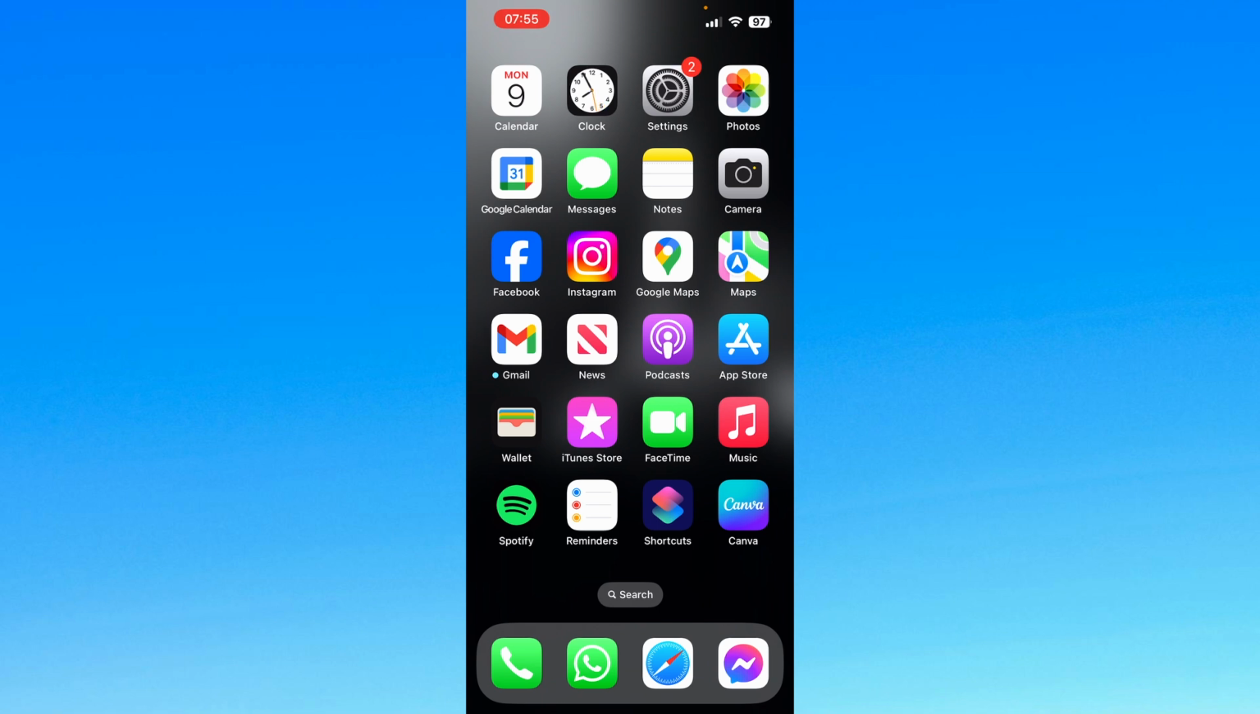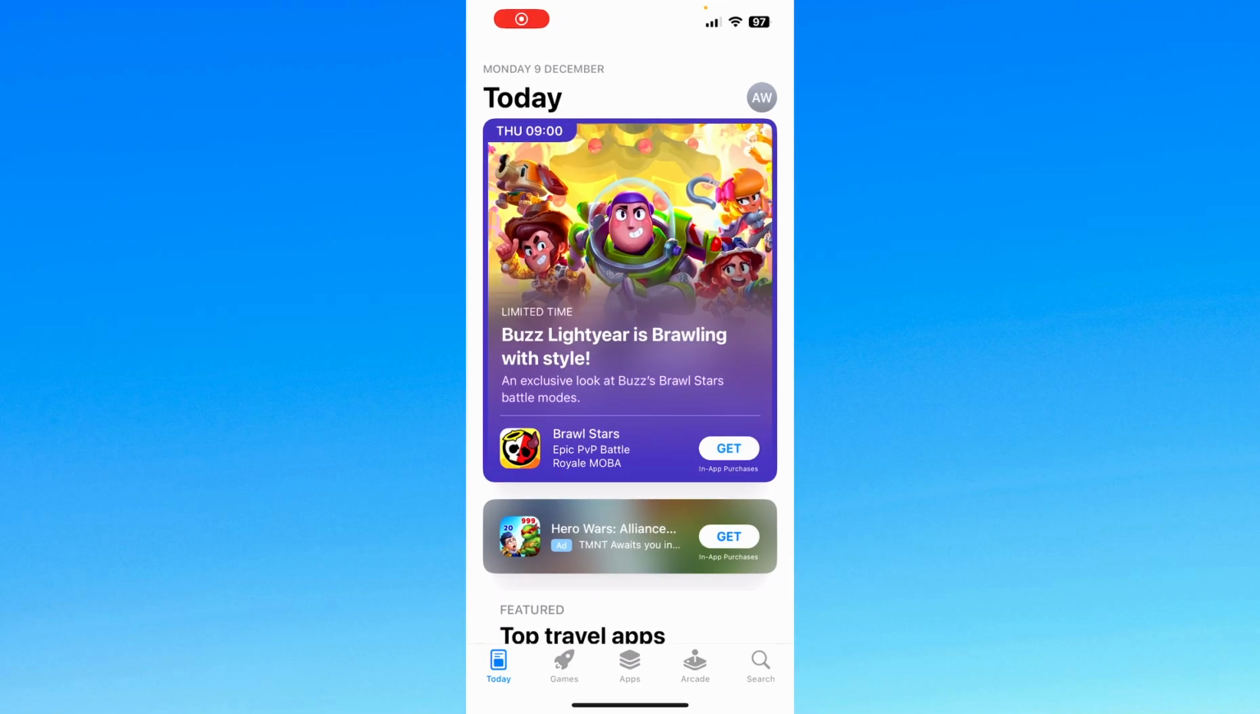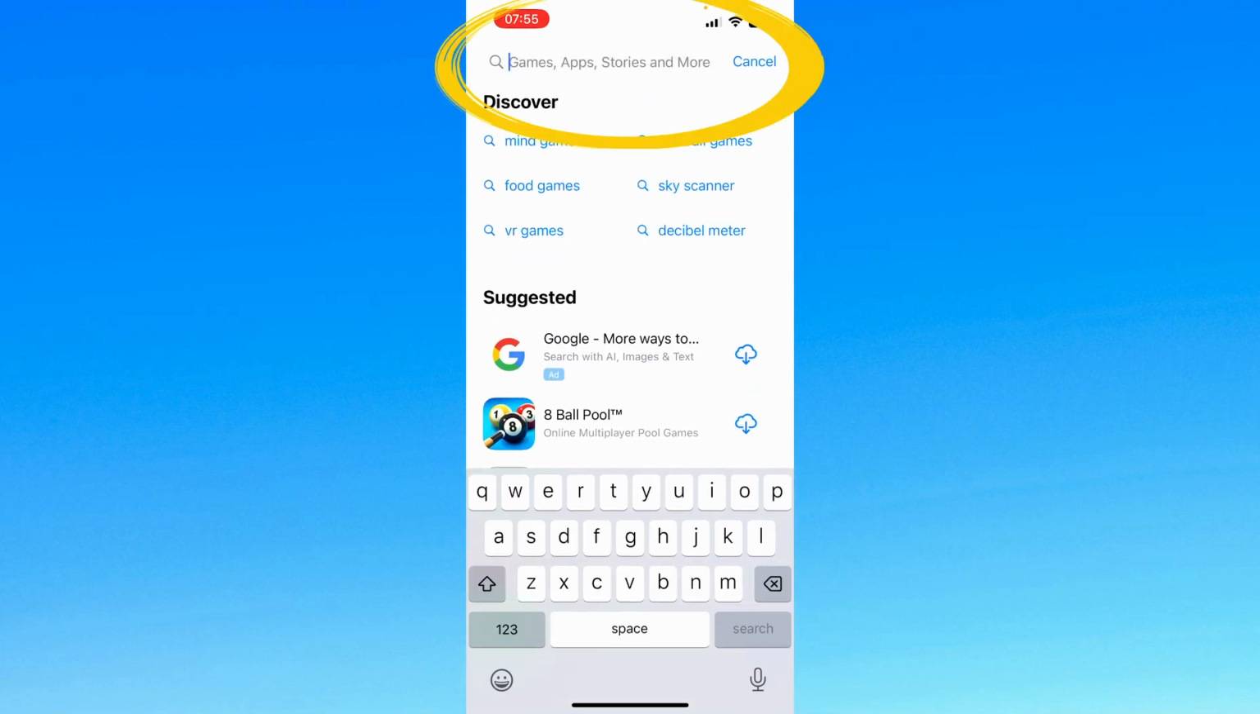So as I said, I'm using iPhone. I'm going to press the App Store button. It's on the home page on the right hand side for me. It might be in a different location for yourself. It's going to open up the to-do page, but then you want to go down to the bottom right, the search page, and then press into the slightly grayed out box, games, apps, stories, and more, and start typing in